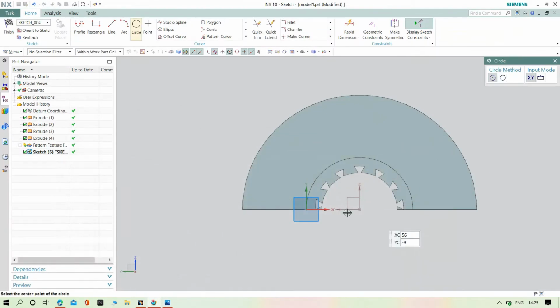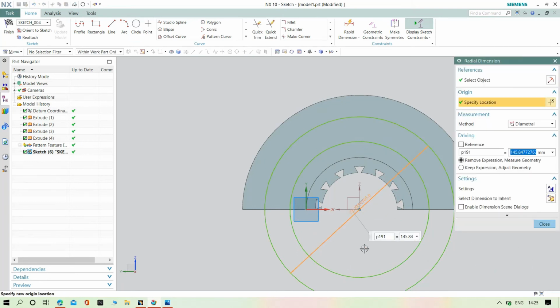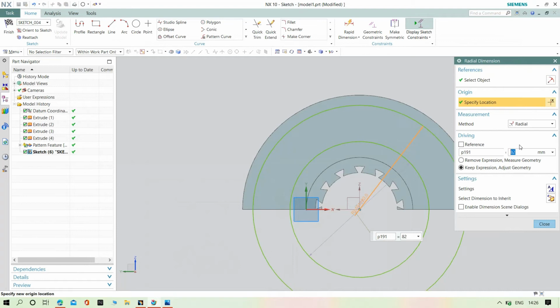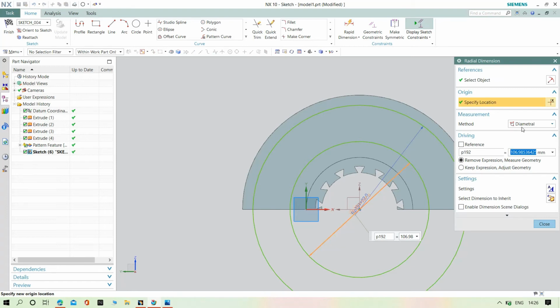Select the circle, draw another circle, radius it should be 80 or 89, sorry 82, they mentioned 82. Close it, and then for this also radius 50, yeah,